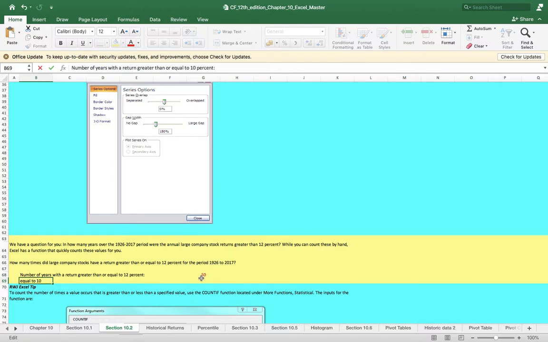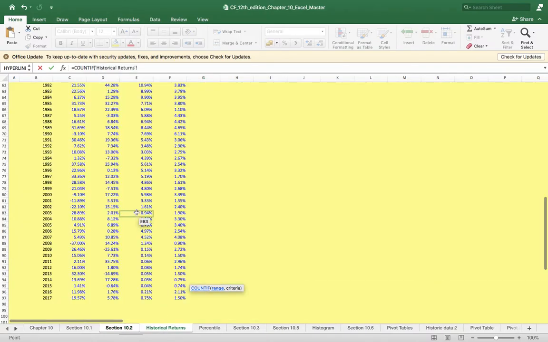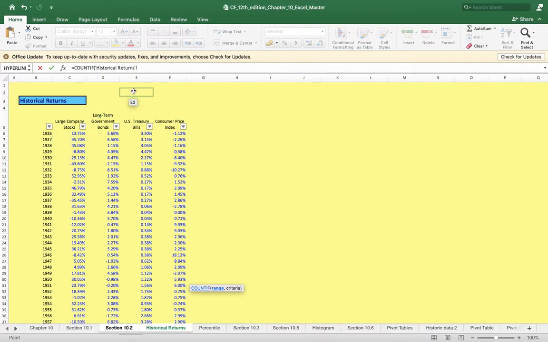How will I do that? Again, the same COUNTIF function I will use. It's asking me for the data range from which it will pick the data. The data is, for example, historical return. Or we can take